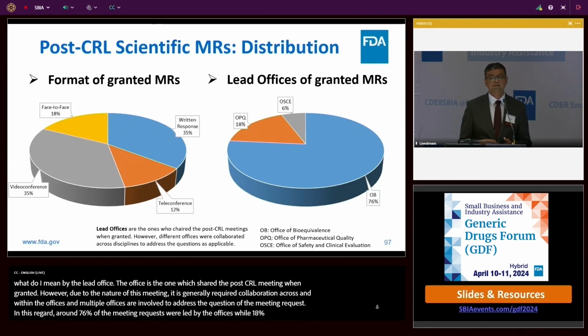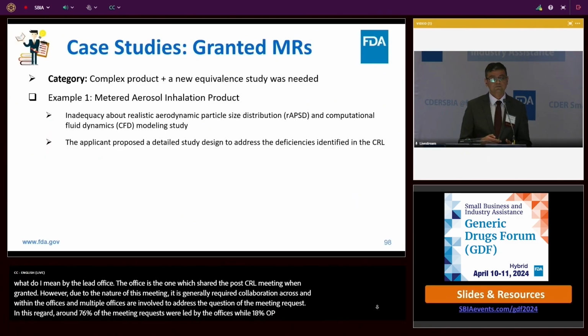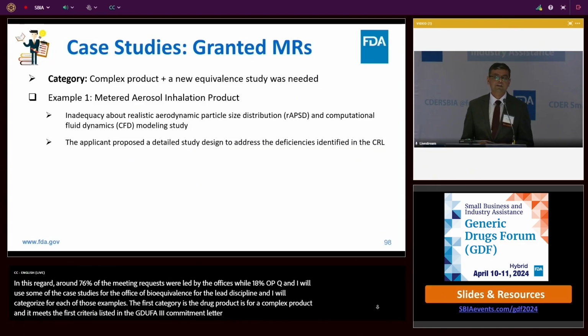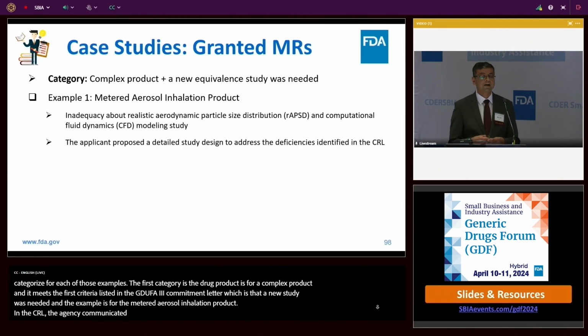In today's presentation, I will use some case studies in which Office of Bioequivalence was the lead discipline, and I will categorize each of those examples. The first category is where the drug product is a complex product, and it meets the first criterion listed in the GDUFA III commitment letter, that is, a new equivalence study was needed, and the example is for the metered aerosol inhalation product. In the CRL, the agency communicated the inadequacy of realistic aerodynamic particle size distribution and computational